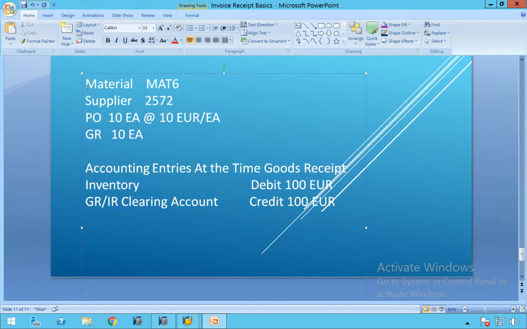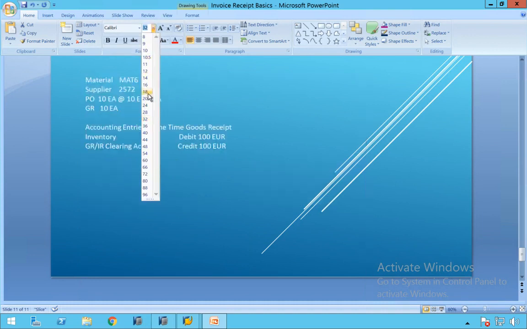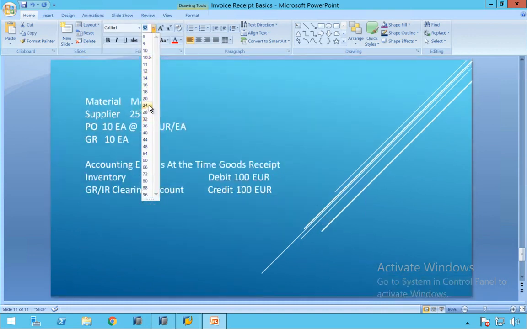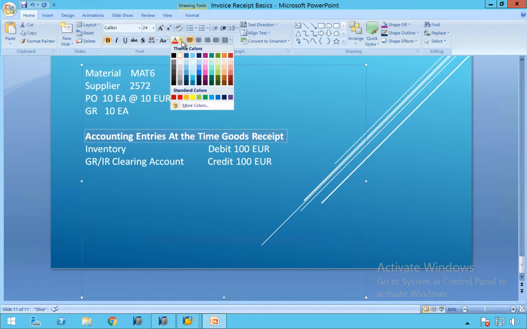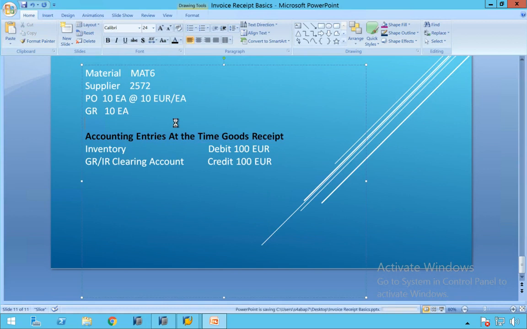Okay, so I'll simply reduce the font size, we'll make it 24. That is fine. Now, accounting entries at the time of goods receipt. I'll make this automatic.